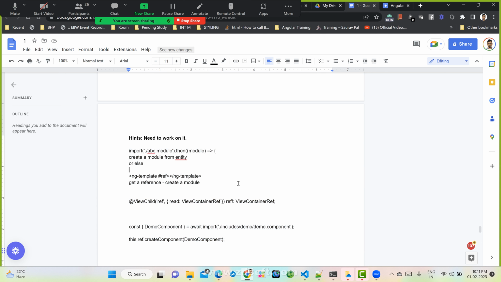Reading this, did you understand anything? Yes. So you can see, right? We can import a module by writing it like that also: import some module dot then. This is a new way of importing a module. This is called lazy loading. So using lazy loading, they are importing a module: import abc.module dot then. Then ng-template,